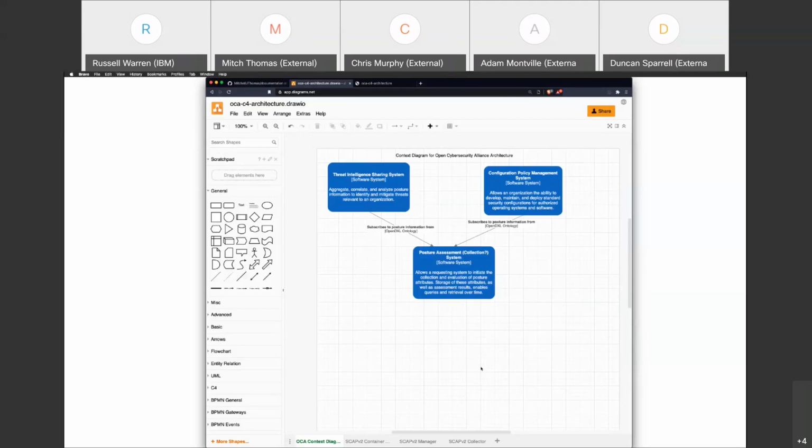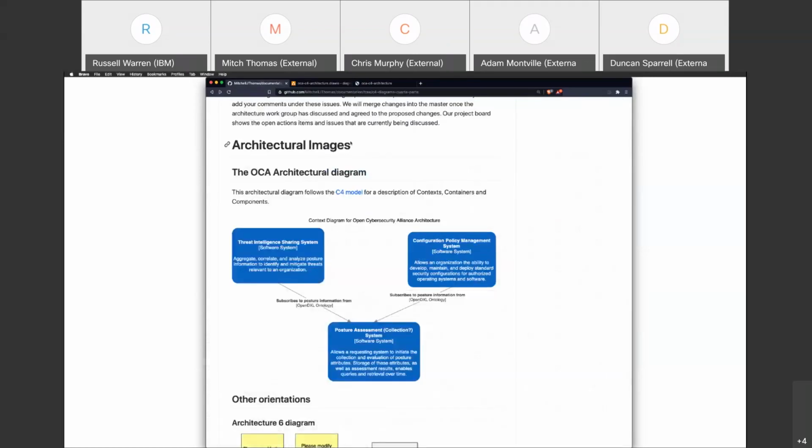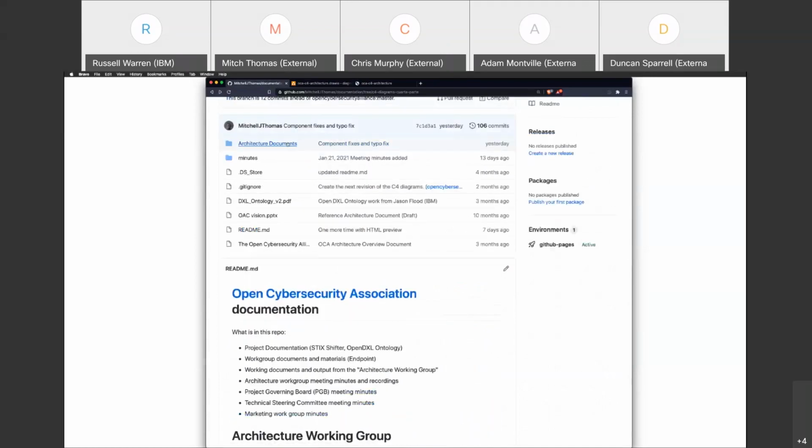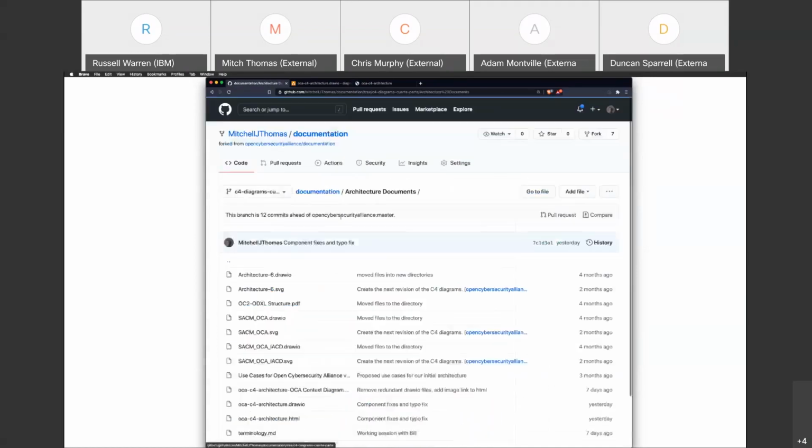There are a couple other things here that are interesting that are supporting pieces of this that kind of lead to higher level notions, which is there is also in this repository, in here, we've got a terminology.